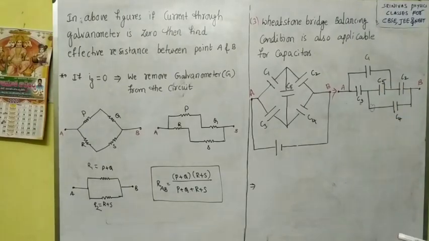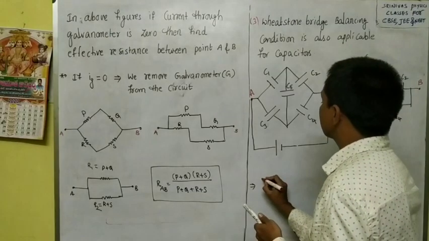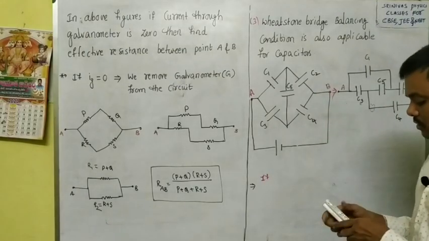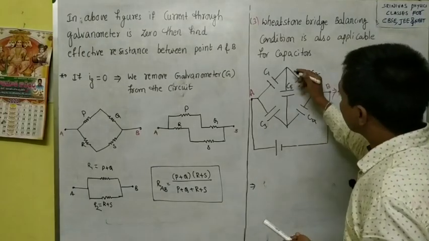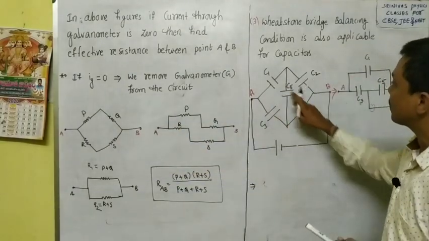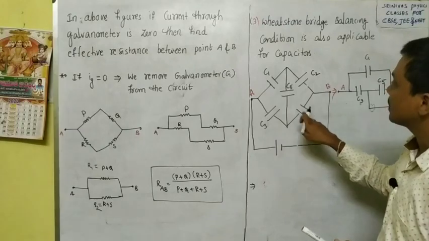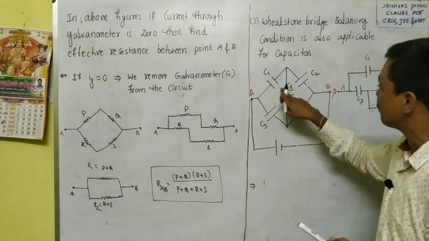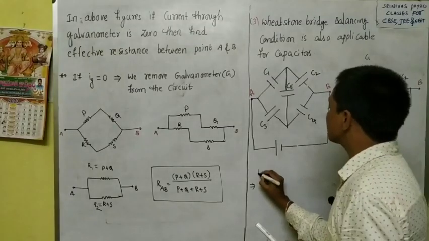Okay, and in this diagram, if we write the equation, we can write the condition like this. Here instead of resistors, here resistors is there. Here C1, C2, C3, C4 instead of resistors P, Q, R, S. Instead of the galvanometer, C5 is there. If current through C5 is 0,